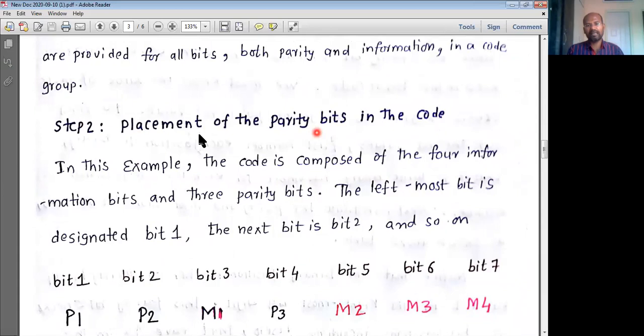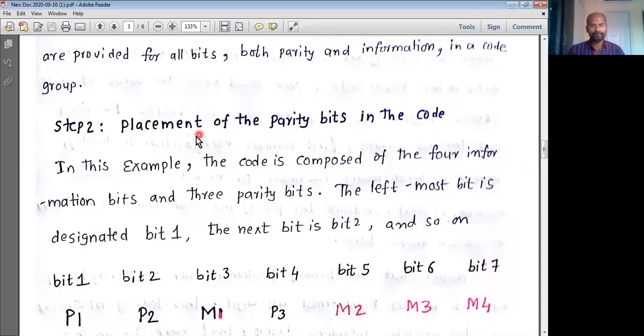Now where do these parity bits go? Totally how many bits are to be transmitted? 4 message bits are to be transmitted. And for error correction and detection, how many parity bits need to be added to those 4 message bits? 3 parity bits. Totally your Hamming code becomes 7 bits. Out of 7, 4 are message bits, 3 are parity bits.